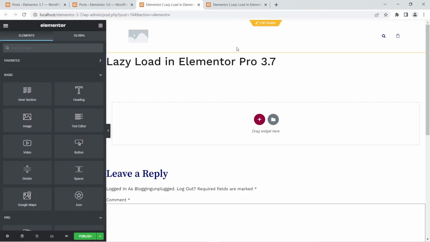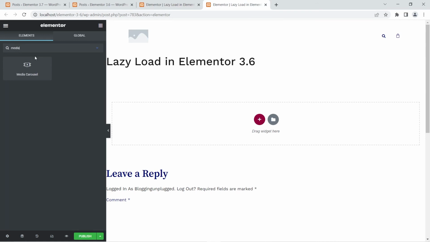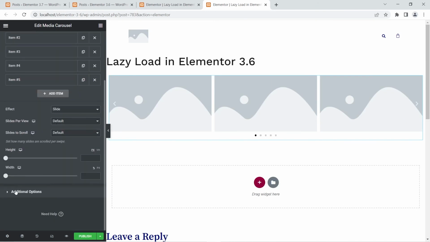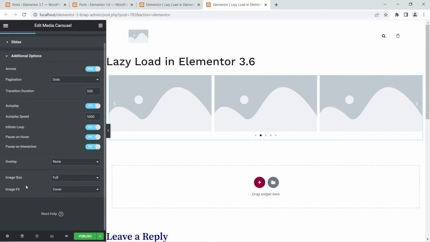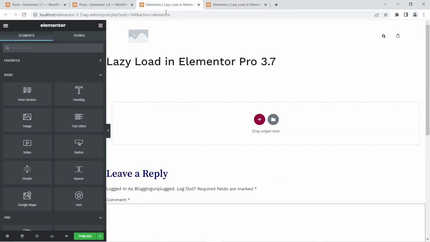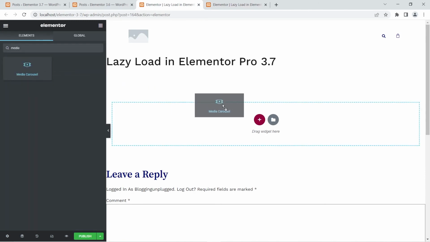Now the last widget in which the lazy load option has been introduced is the media carousel, and to see this option, let's head over to Elementor Pro 3.6 again, type in media right over here. This is the widget, add it to the canvas, go to the additional options and you will see the lazy load option is missing. Now let's head over to Elementor Pro 3.7, search for the media carousel, add it right